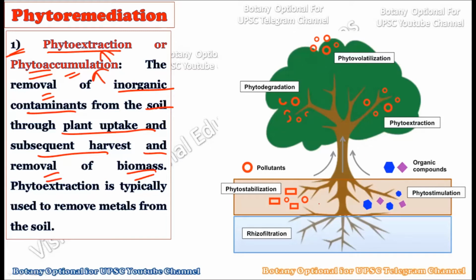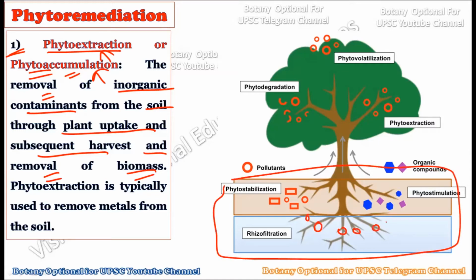Now see, if some area is polluted, for example, the soil is polluted here and many heavy metals are there within this particular area. So what we do, we plant this tree, okay. After planting this tree, these roots will develop into the ground, and these roots will absorb the heavy metals or any type of pollutant which is present within the rhizosphere, and this will then be present within the body of the plant, okay. So now the pollutant which was first present within the soil is now present within the body of a plant, right.